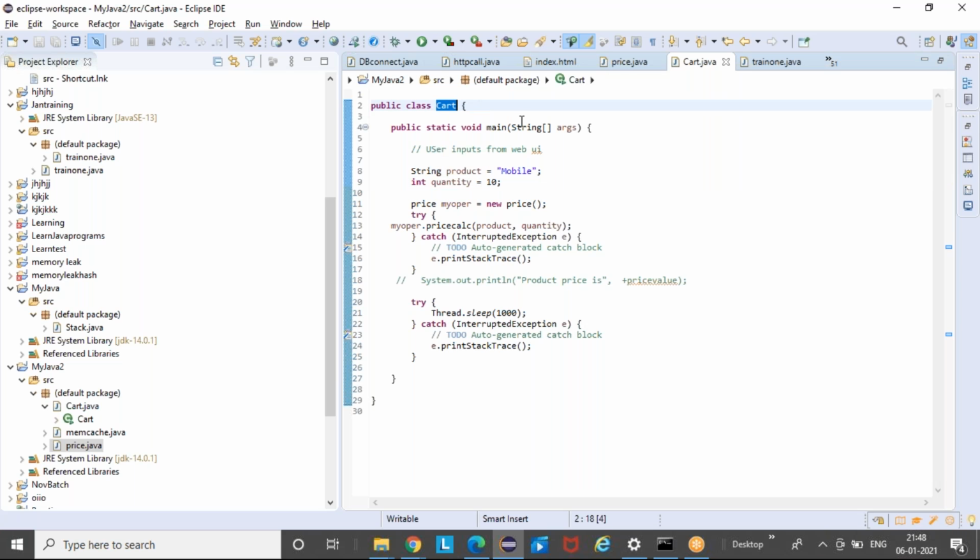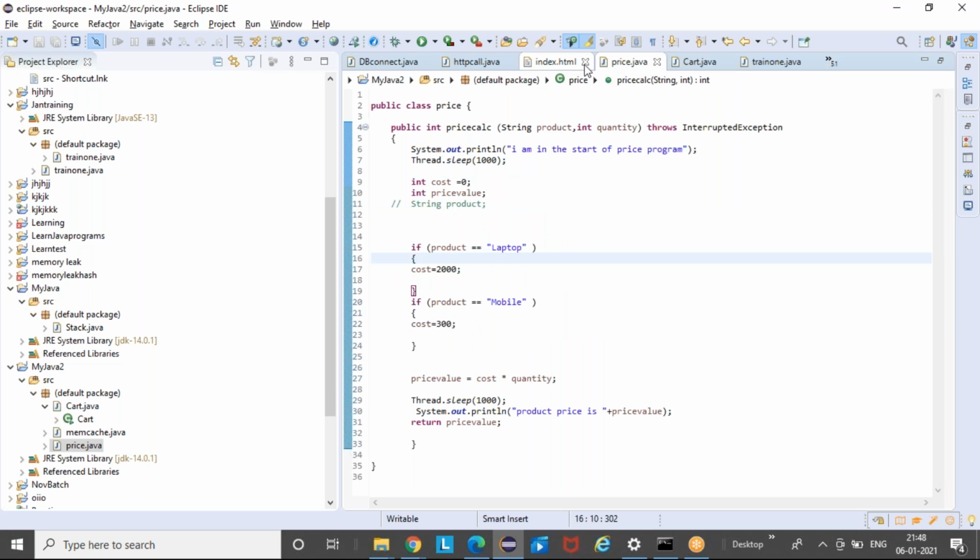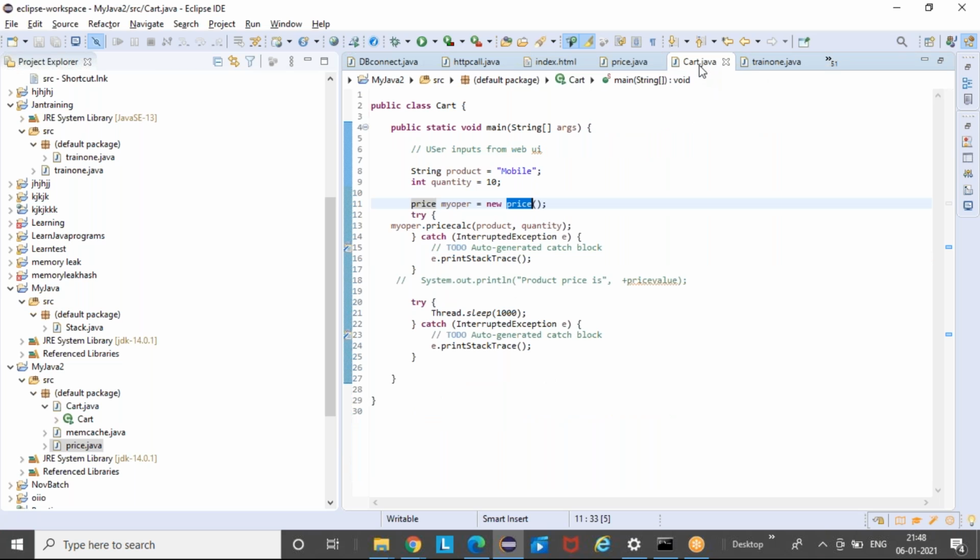Then in the cart class file, this mobile and 10 will be passed as a parameter. For our learning purpose, I just kept it as a hard-coded value as mobile and 10. Okay. Then now what will happen is, here we are going to go and calculate the price. Okay. So in the price.java, if you see, don't worry about how these programs are written.